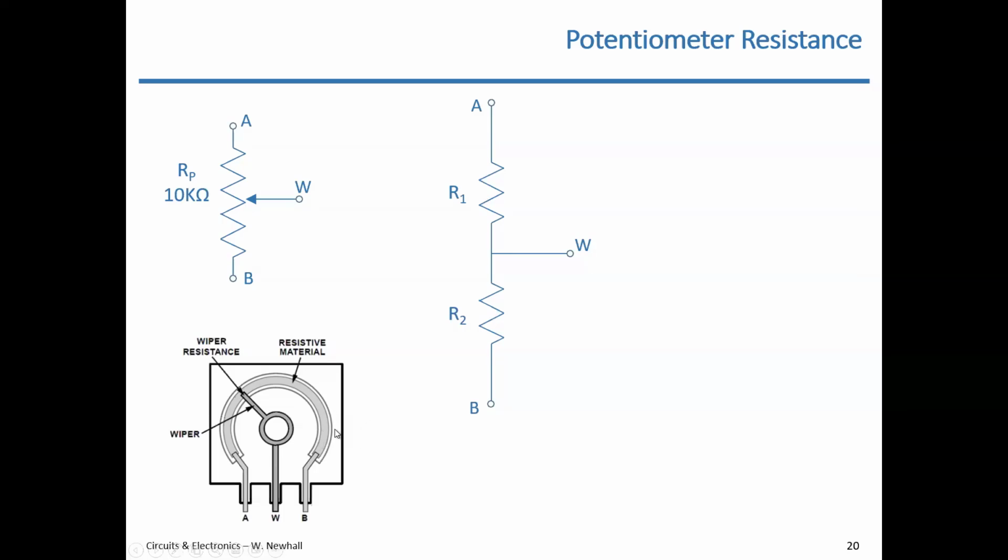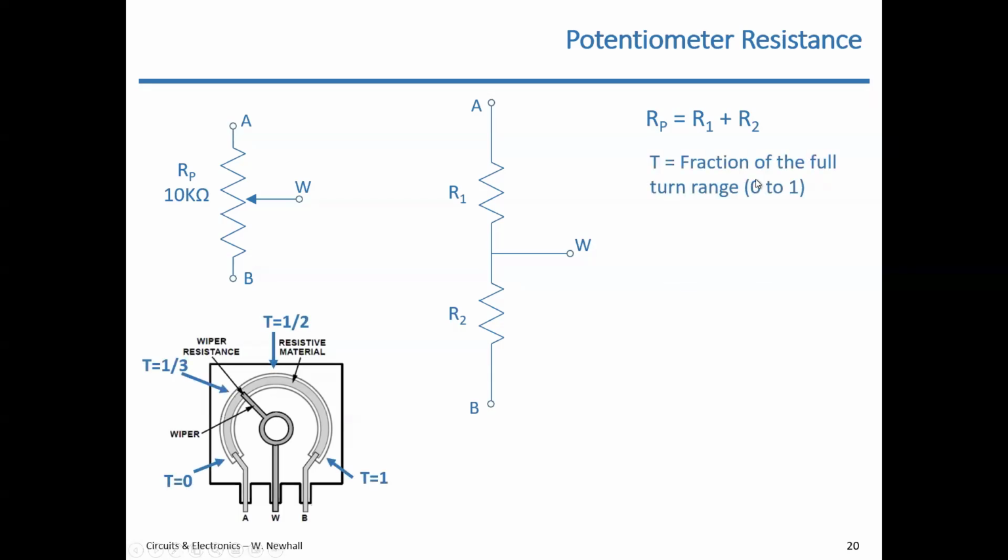Note that the total arc length between A and B is defined here as 10 k ohms, and R1 plus R2, the little arc plus the big arc, has to equal the whole arc, so RP is R1 plus R2. Now, to be able to write an equation to define what those values R1 and R2 are, let's define